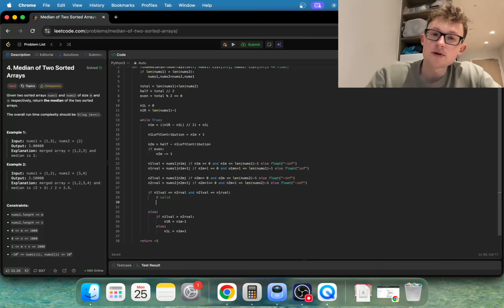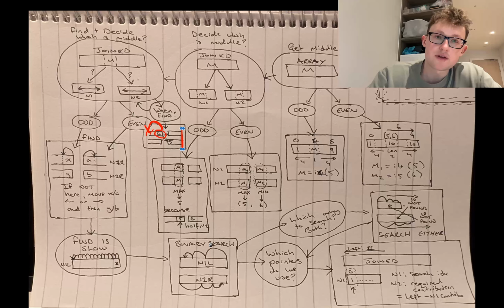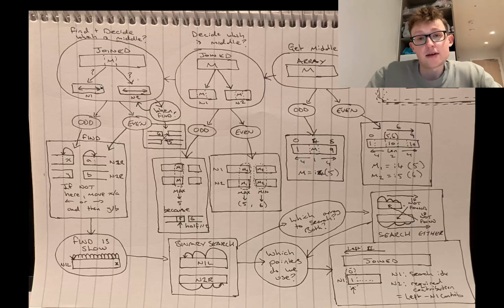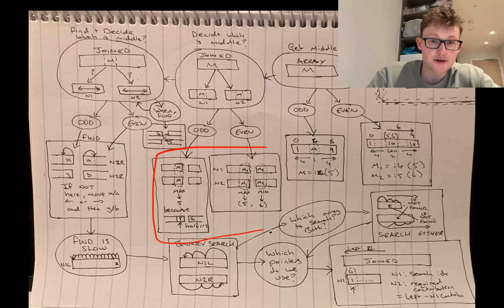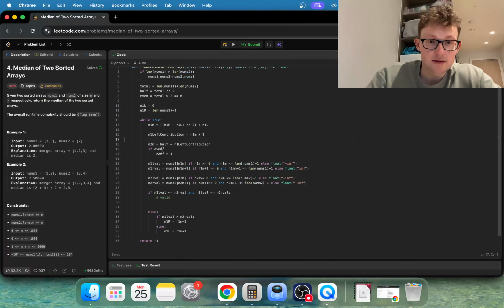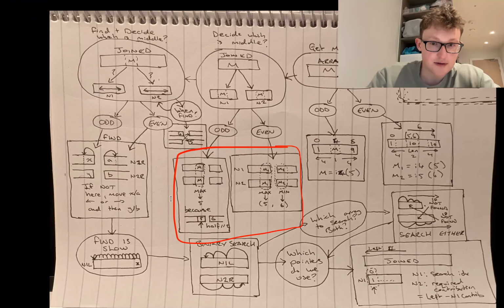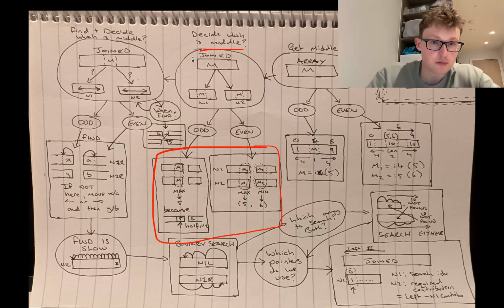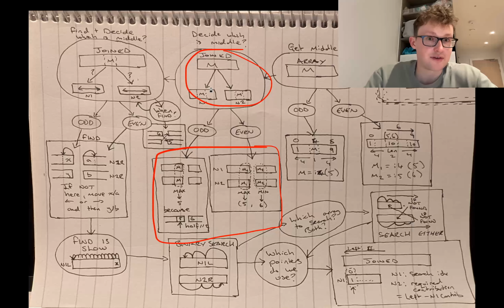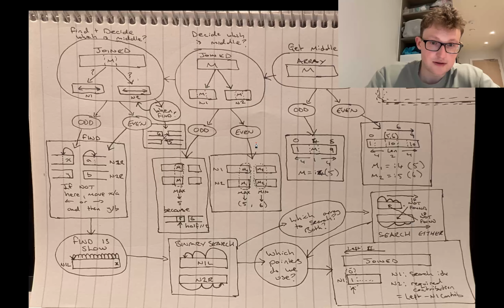Okay, so we're nearly done. What we've done now is implement the logic for quite a few of these boxes, but what we still have to do is this logic here when we pick or decide the middle. So we know in this if statement that we've got a valid, like we're definitely at the middle. This problem handled that for us. It said, okay, you're definitely here or here at the middle, you definitely have it. Now we need to say, okay, let's get it.